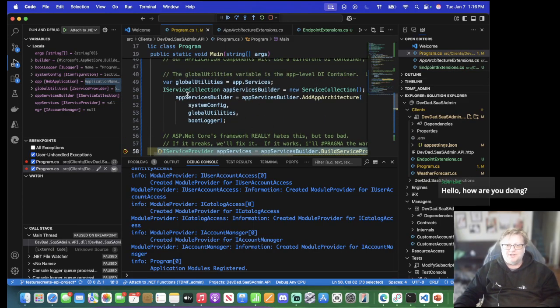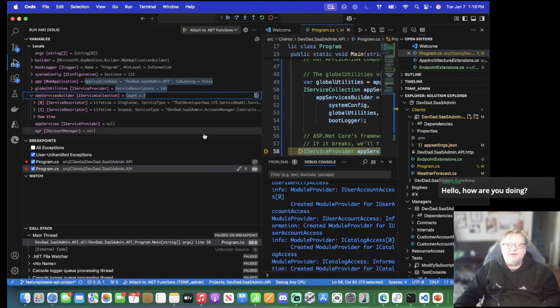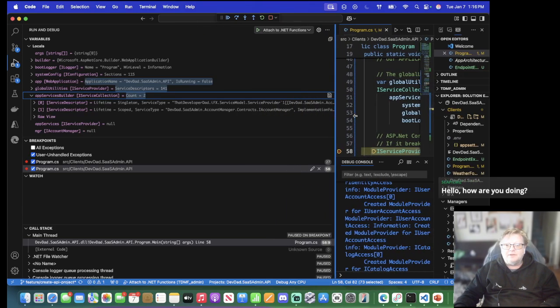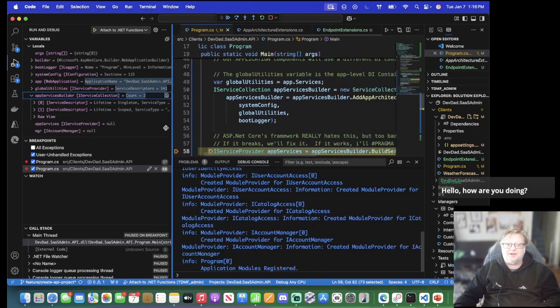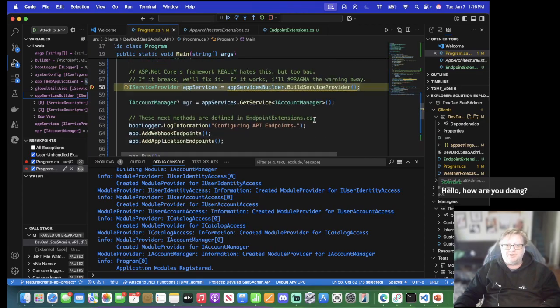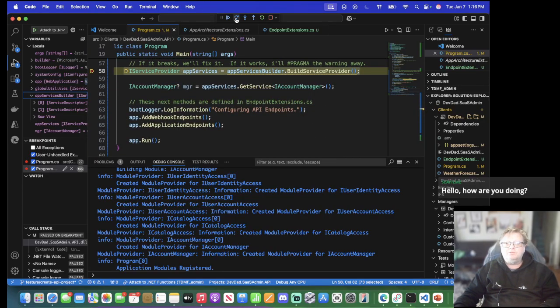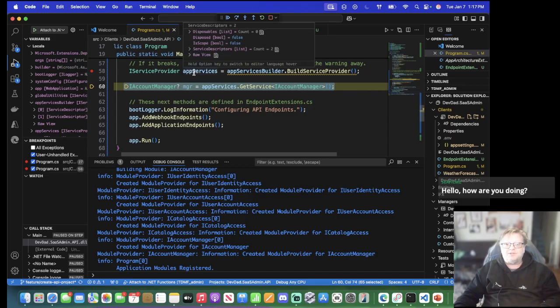And let's see what all is in here. So our app services builder, it's got 2 services, and that's it. Let's take a look. I'll just expand this guy over here. It's got a service provider and an iAccount manager, which is exactly what I expect to see in there, which is perfect. So we're just going to step app services. There's 2 services in there. Our account manager, but invisibly, that service provider,